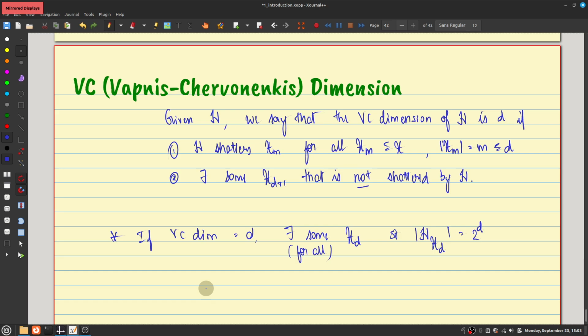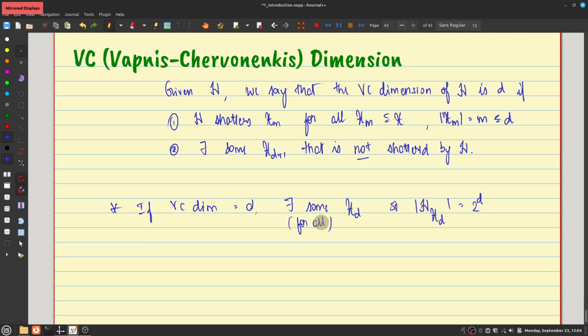Since this happens for every set X_D of size D, no matter how many, if I see fewer than D by 2 samples, I'm never going to get any information about which function from the hypothesis class was chosen. So it means that I need at least D by 2 samples to be able to do PAC learning at all.